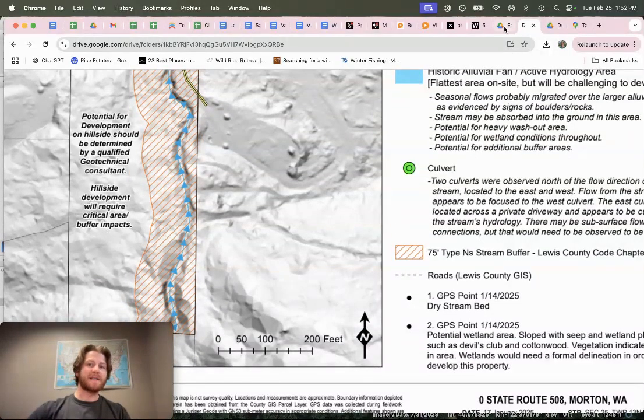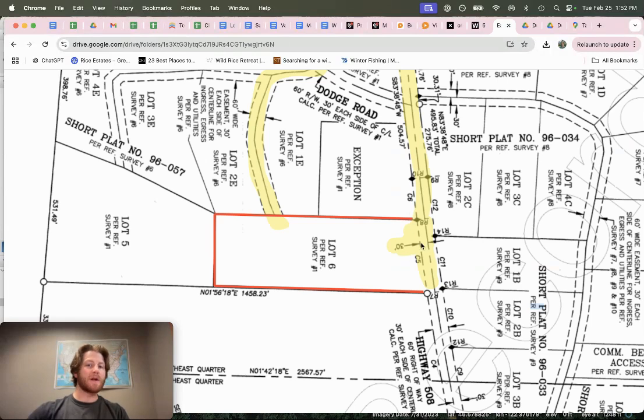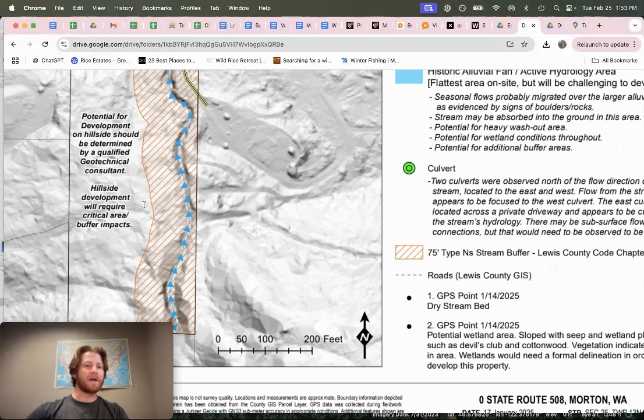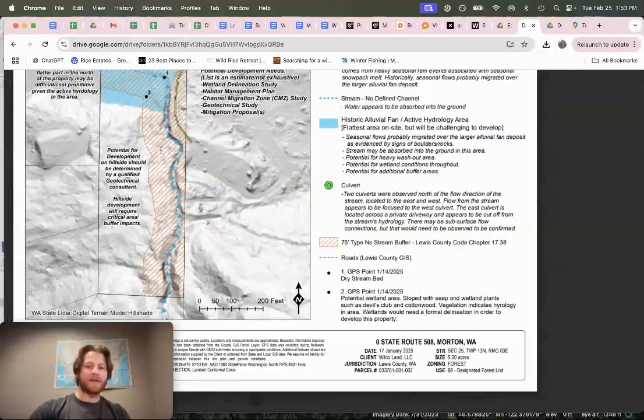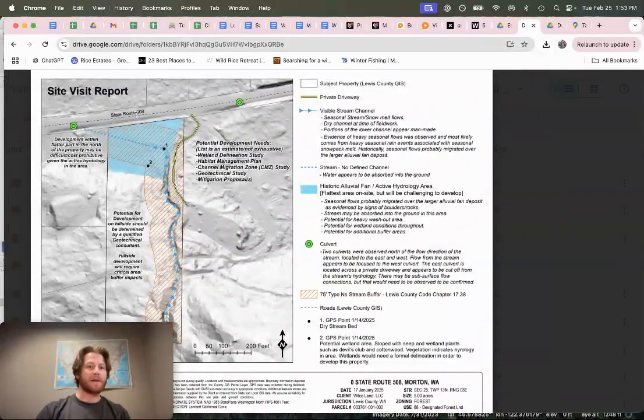And the reason this easement comes into play is because if you don't get approval to put a driveway in through the front of the property, you have access to put a driveway in here. And where this driveway brings you is going to be a great potential building site, right, on the property. So again, this is a summary of a preliminary wetland study that we did. We're happy to share it with those interested. This is just the first step towards development. Obviously, more will need to be done before submitting your building plans,